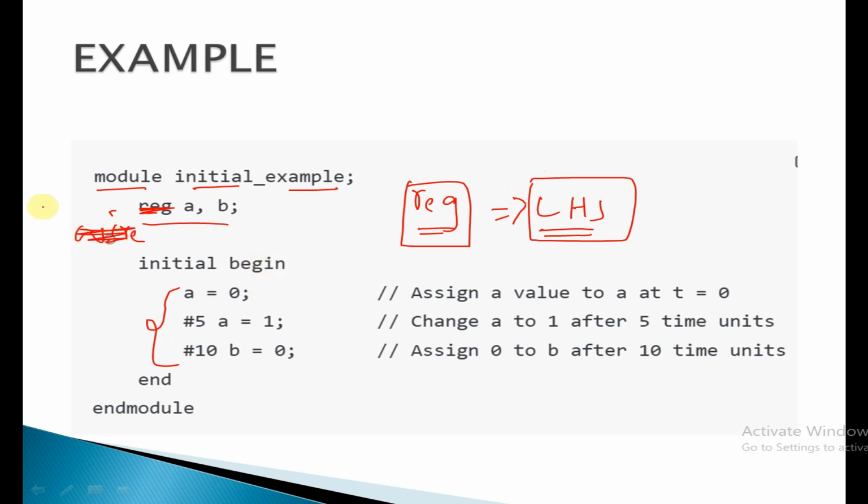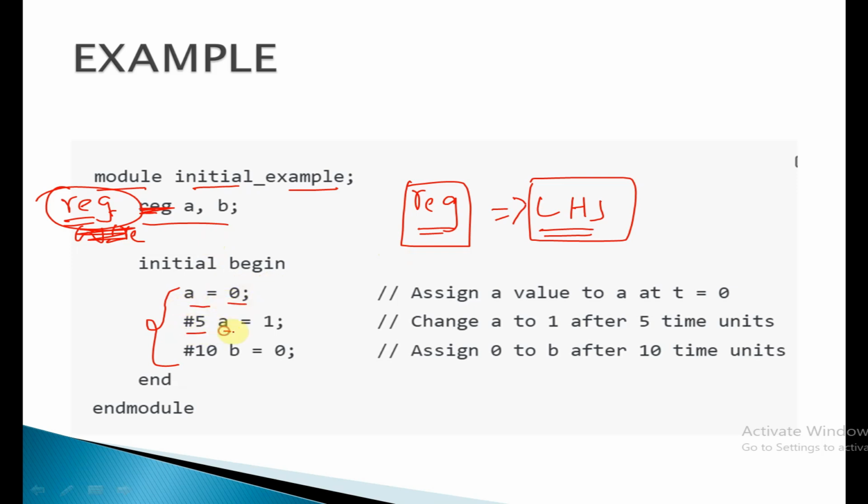So that's why it is not compiled. We will get a compilation error saying that you cannot use net data type on the left hand side. So you should be very careful. And coming to this code, within an initial block, we are just assigning a is equal to 0,